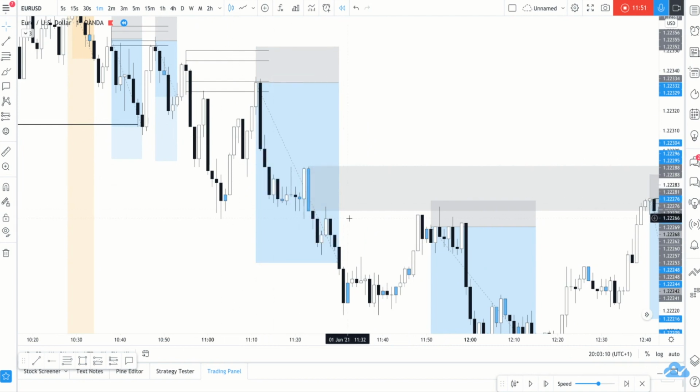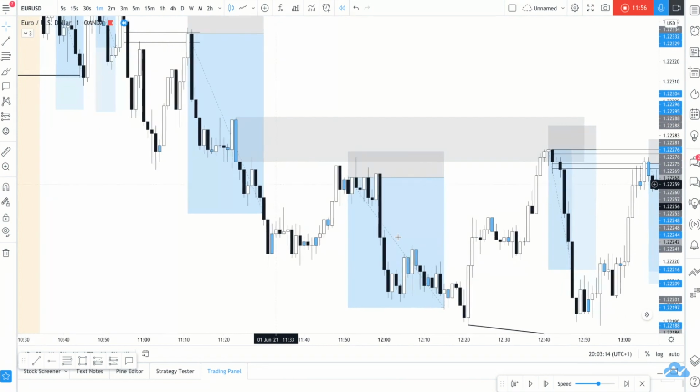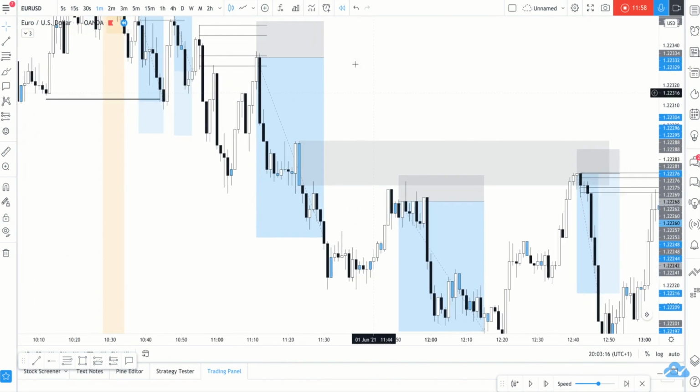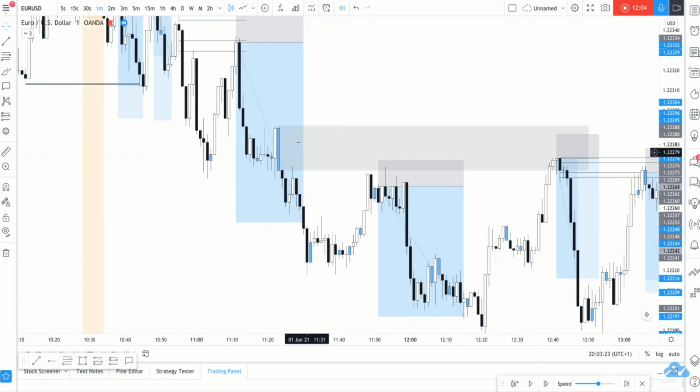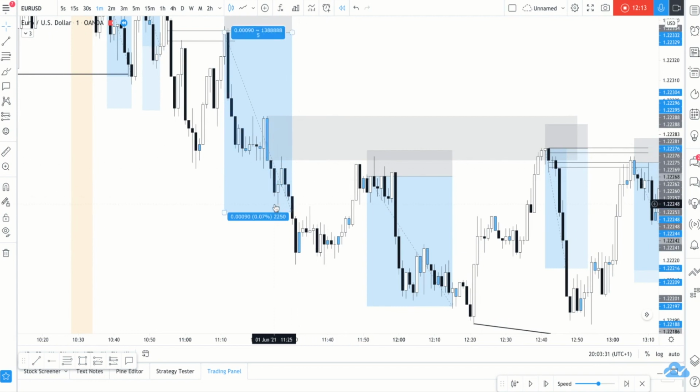Anyways, yeah, this broke structure, and then there's an inside bar here, so I marked that up for continuations down, because at this point I'm looking for sells instead of buys, because I like to trade with the trend. I know some people like to ping pong their trades, or hedge their trades, but not me. Anyways, and then these are small breaks of structure,